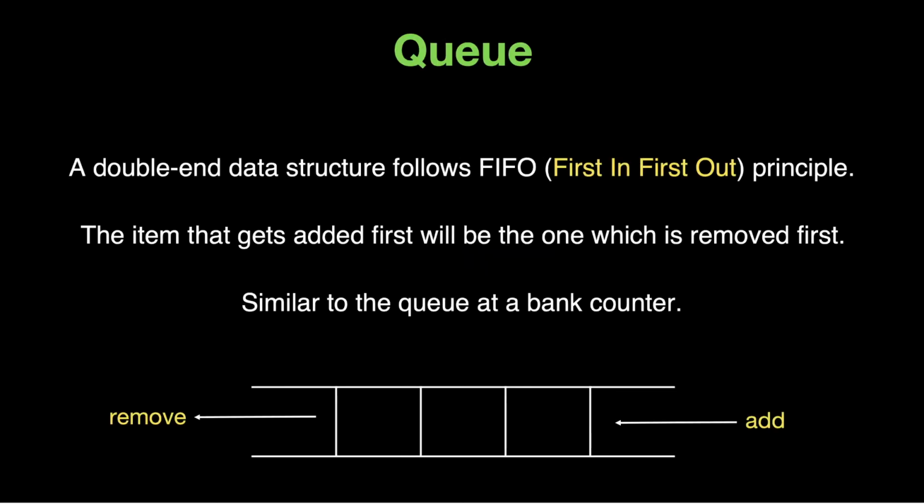Actually, queue is a first in first out data structure. The item that gets inserted in the beginning will get removed first. That means whatever